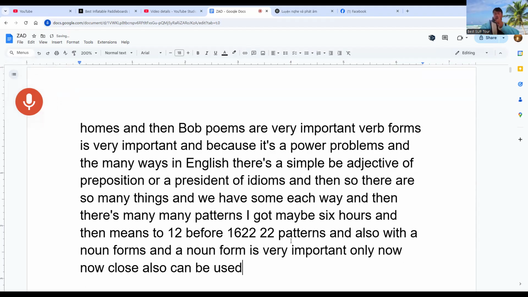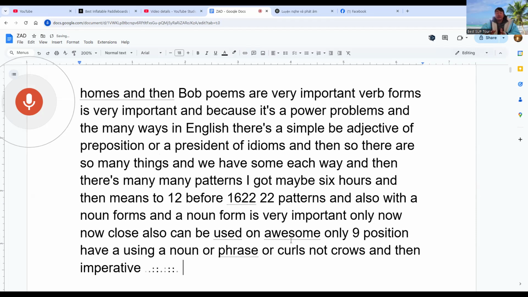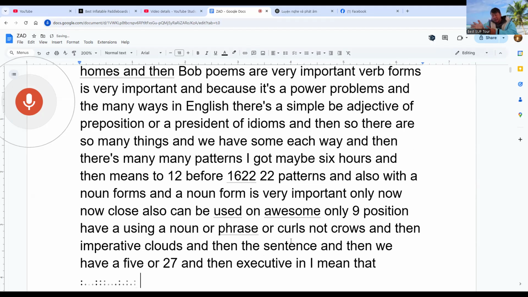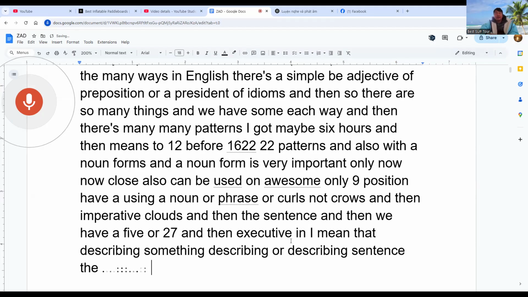The position of a noun can be filled by a noun, phrase, clause, an imperative clause, and a sentence, and then we have 527. And then adjectives, I mean describing something, a describing word, describing a sentence or a situation, is done by